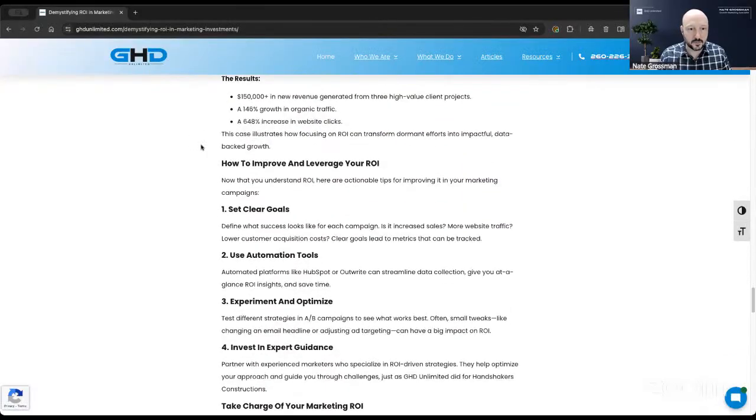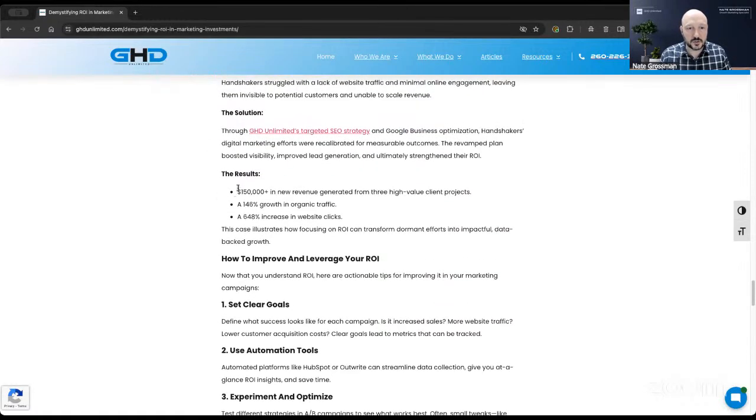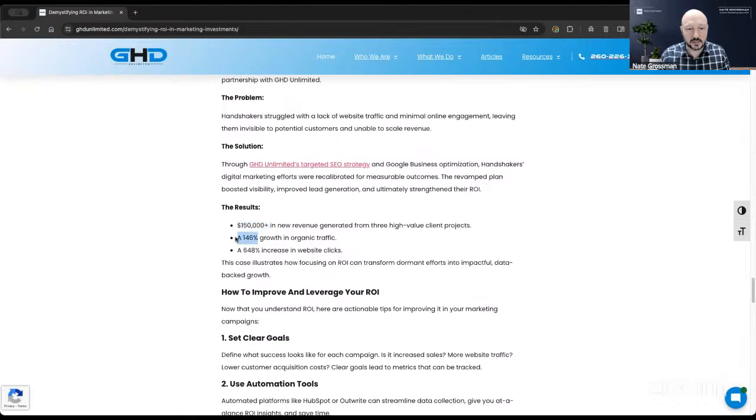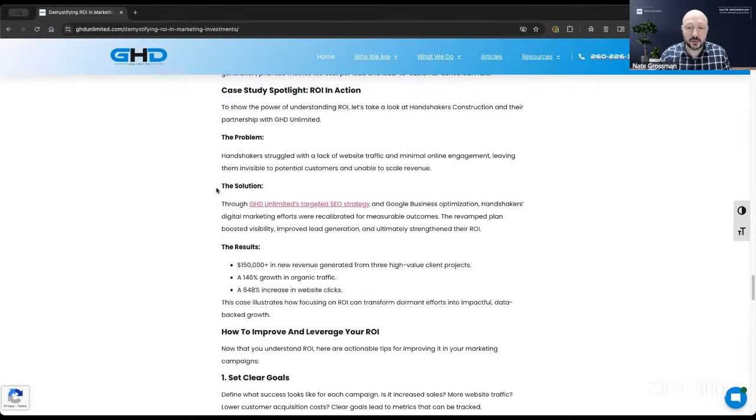There is a little case study I did in there of a client. We did some SEO work with them. Basically, the short and sweet is it generated over $150,000 in revenue, 146% growth in traffic, and a 648% increase in website clicks from the SEO work that we were doing.